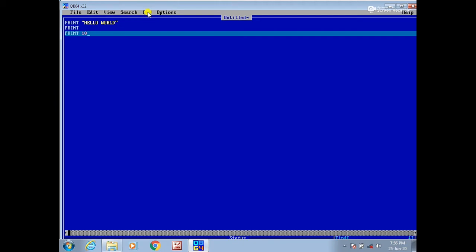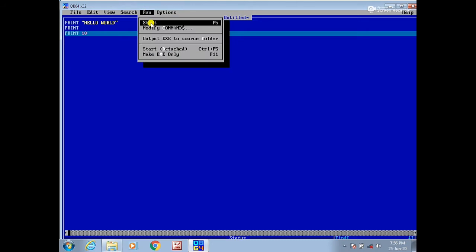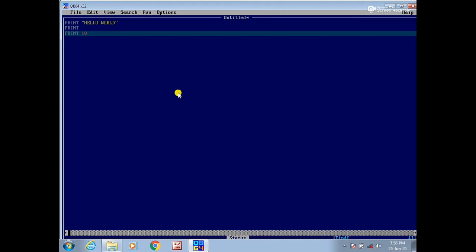Now again I am going to run this program. I click on the run menu and then start, or I can use the F5 key also. So this is the example of print with any number. It takes a little bit of time.